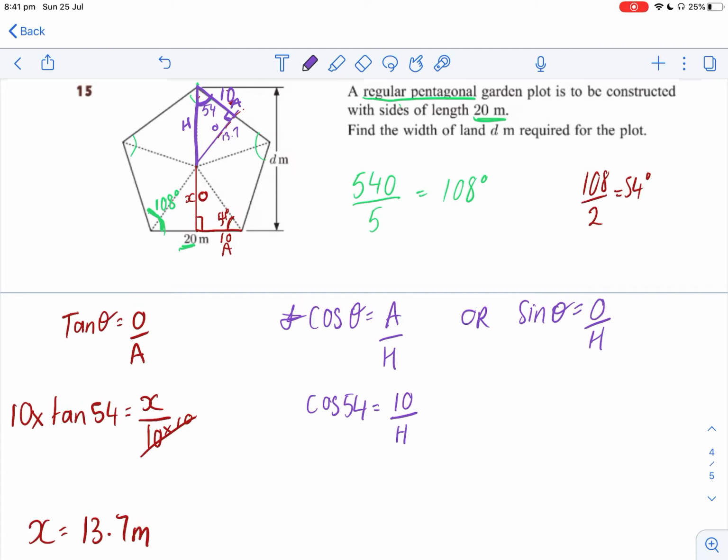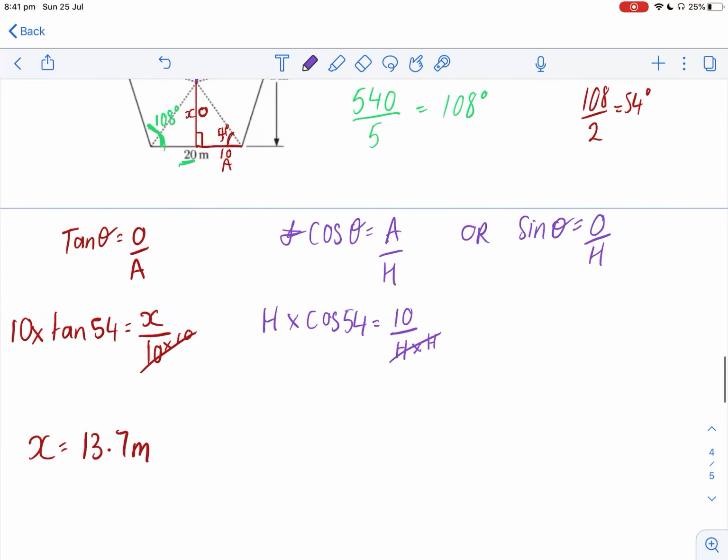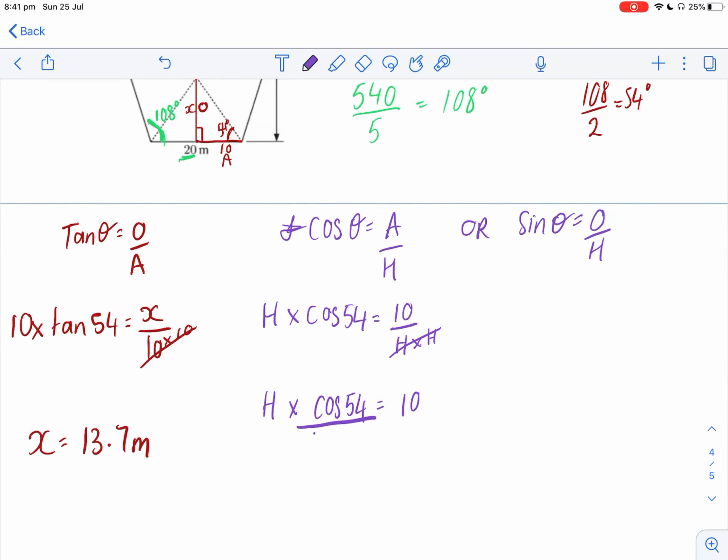So I want my hypotenuse moved to the other side, so I'm going to times by the hypotenuse on both sides. So I've got h times cos 54 equals 10. Now to move cos 54, I'm going to divide by cos 54 on both sides. So now h is 10 divided by cos 54. And when I put this into my calculator, I get